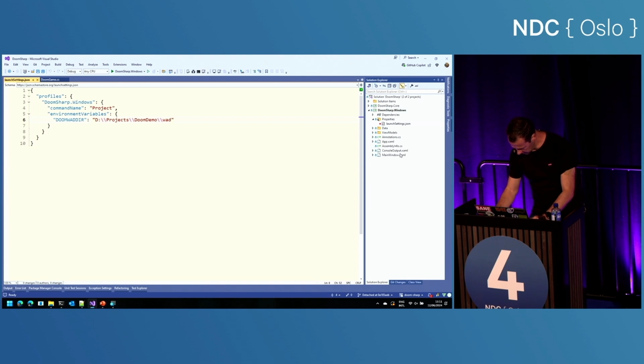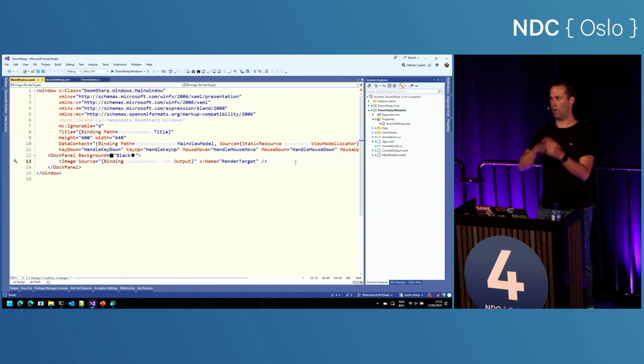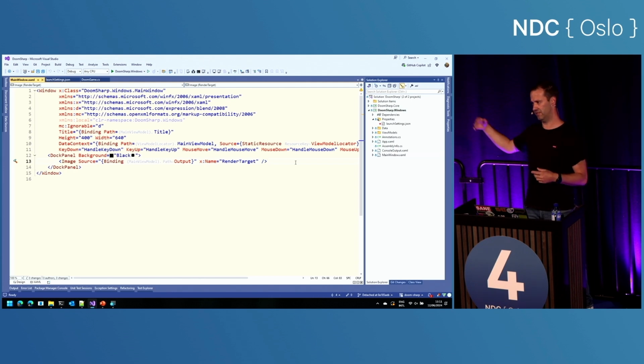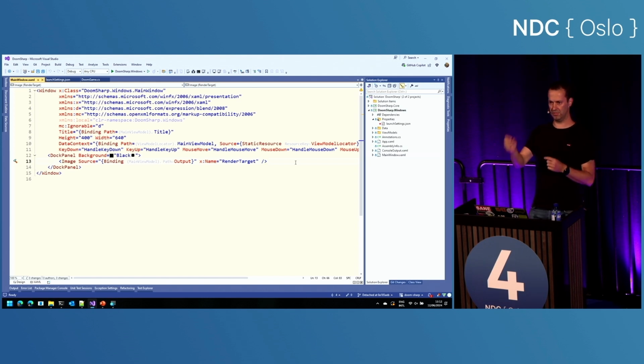All right. As for the XAML in this WPF thing, it's basically just an image. It's an image element, and we're just swapping out bitmaps. We're using WriteableBitmap for the WPF part, which was yet again another problem, because WriteableBitmap doesn't exist in MAUI. But it's just a writable bitmap. We're just replacing the pixels in it and swapping out the image X amount of times per second, which is what gives you your gameplay.